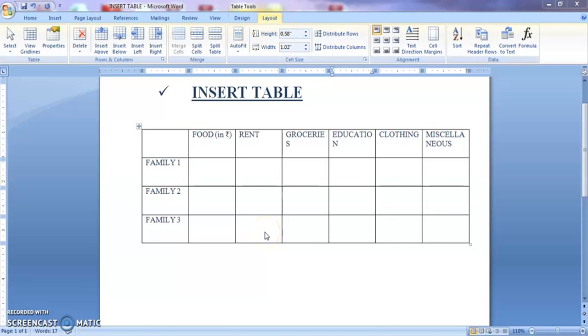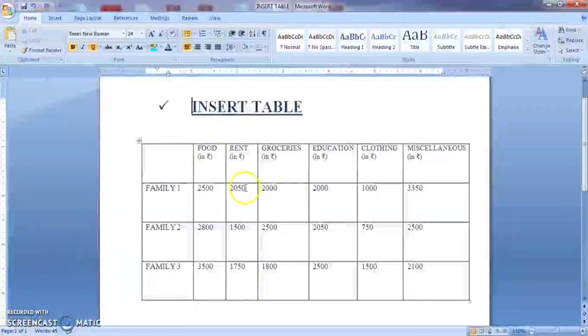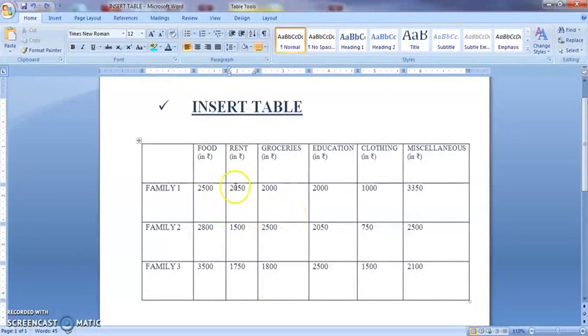the whole table. Even this particular, you can see a small square mark over here. When you keep your cursor near to it, you will see again a diagonal double-headed arrow. If you want to elongate the height of the table, you can do it. See here. Accordingly, the row width also will increase. Column width and row height will also increase. So I have used the margins and I have made all the changes I have to do in the table. I have even entered the values, the amount spent by each of the families in different categories. So our table is now looking perfect.